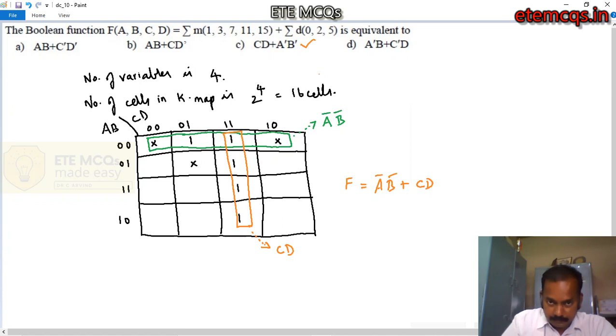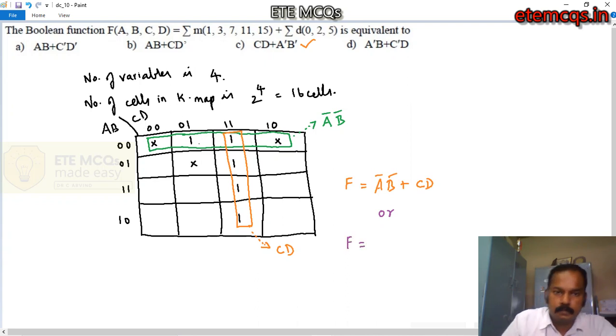But there is one more possible way of performing the grouping. If you notice this one, the other possible grouping is, I am just writing an alternate answer. This is also possible. This particular quad is permitted. This grouping can be done. Once you do that, you will again end up with a product term with two literals. So that is also equally valid. I am just giving you an alternate solution when I go for a different grouping, just for the sake of understanding.